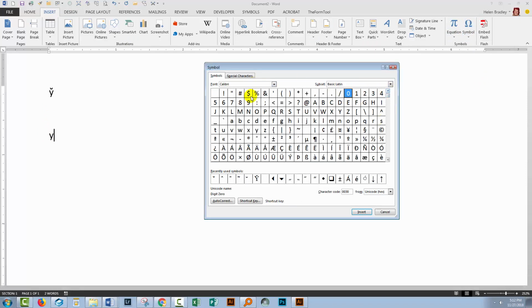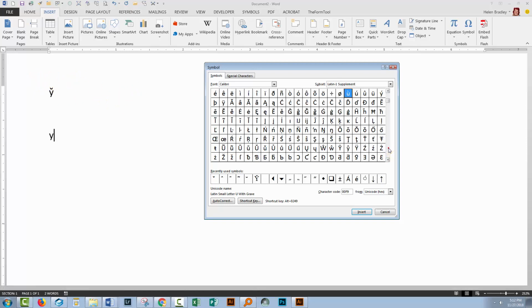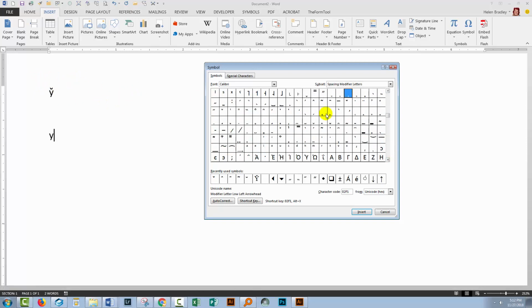And what you need to do is, in the font that you're working in, you need to locate the breve character. For this little sort of accented character, we need to find it in the font, and it's a breve, and it's 0306. So we're just going to locate it here. You see it's character code 0306. And what happens when I click the insert button here is that it's popped on top of whatever character is